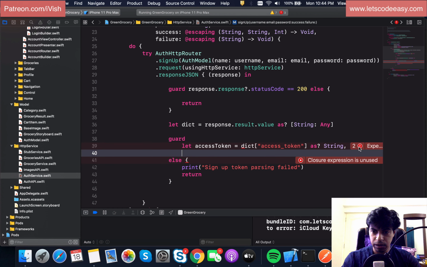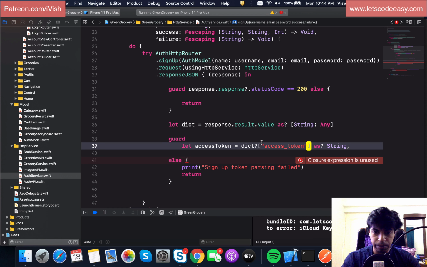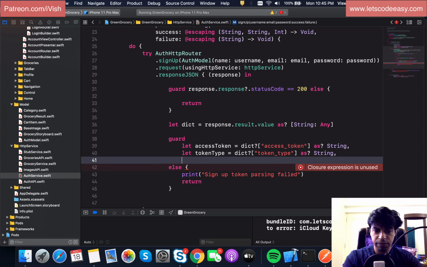Why is it giving an error? Dictionary. Okay, I should do unwrapping. Fine, then I have something called token type coming back from the dictionary, and then token type as string,